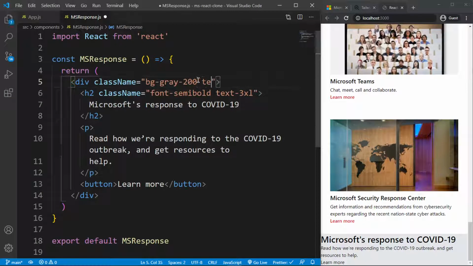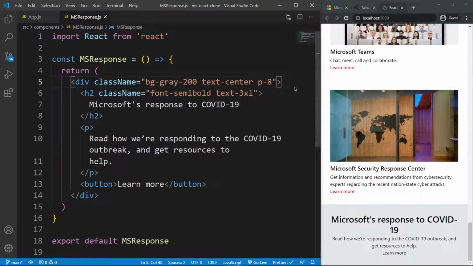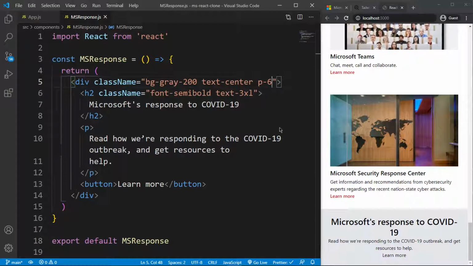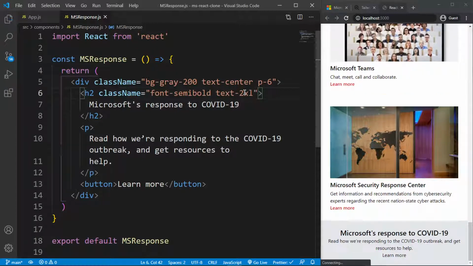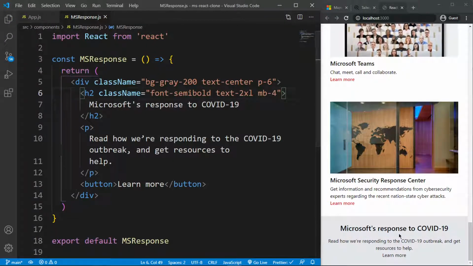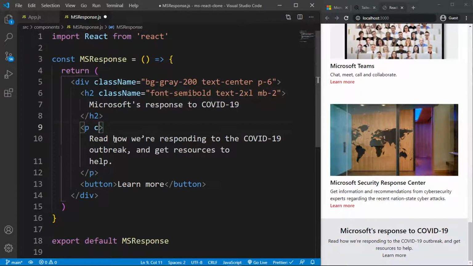Let me text center everything, so text center like that. Let me add a padding on the all round, actually, of 8. Oops, padding 8 all round like that. That seems too much. Let's say padding 6. Let me reduce this to 2XL like that. Let me add a margin bottom, so margin bottom of 4, pushes this down. And then for the paragraph, actually that's too much, let's say 2. For the paragraph, let's say class name, just add a margin bottom on the paragraph of 2 as well